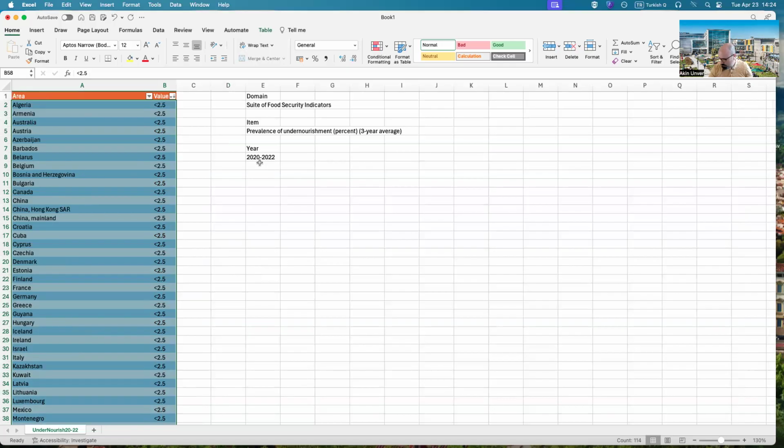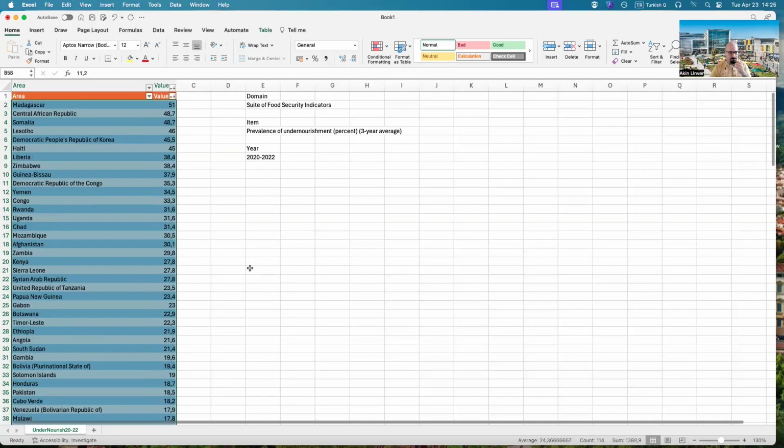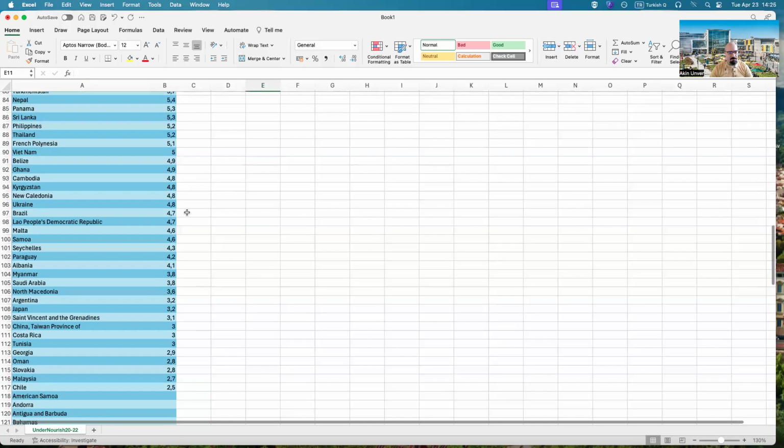There are different versions of dealing with this. We can just, for the sake of training, call them 2.5, actual 2.5. We can take the arithmetic average of 2.5 and 0, divided by 2, which is 1.25%, and then assign that. But that's not good statistical practice, so it's best to just get rid of all of those countries. So we focus on these actual numbers. So we have to delete rows, and we have the actual ranking of countries by prevalence of